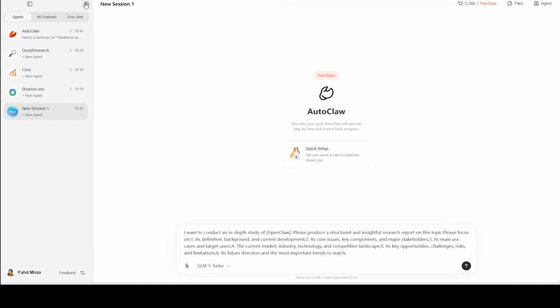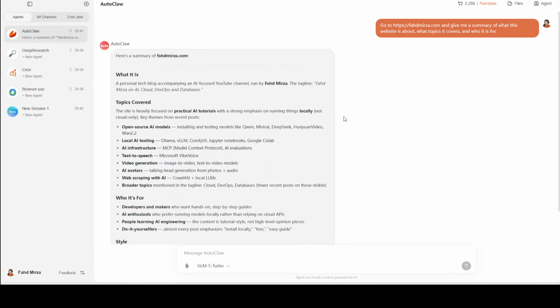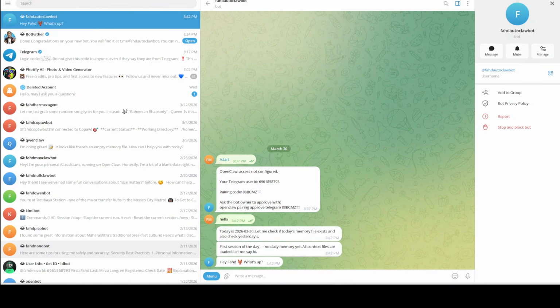You can click on plus and you can have your own session. So you just click here, and similarly this is what I did in the first one, where you can give it a role, your task, and then you can just start talking with it. And for example, if you want to see the Telegram, just go back to your Telegram bot and then say hello or something, and you can just say, can you set up a daily alarm in cron job for me at